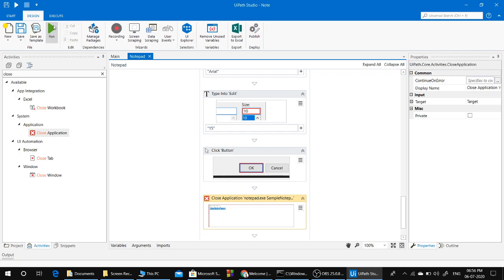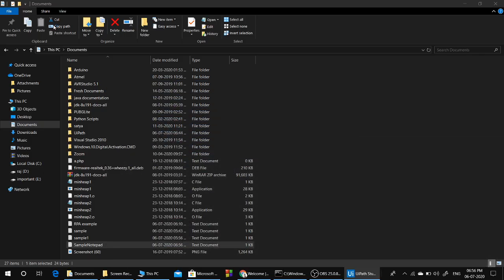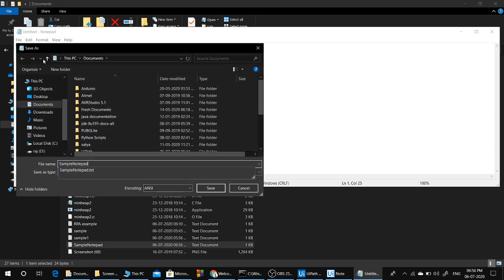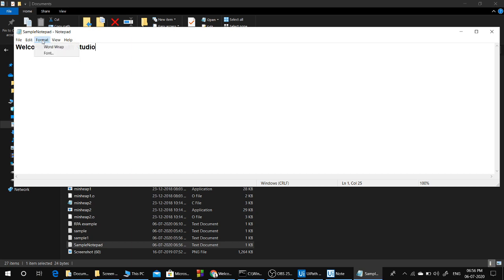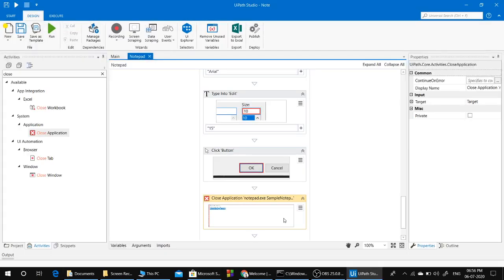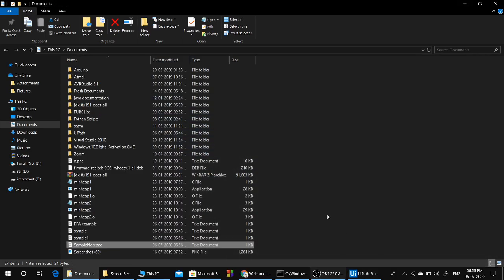Save and run. Okay, it was successfully completed. So the window was closed.